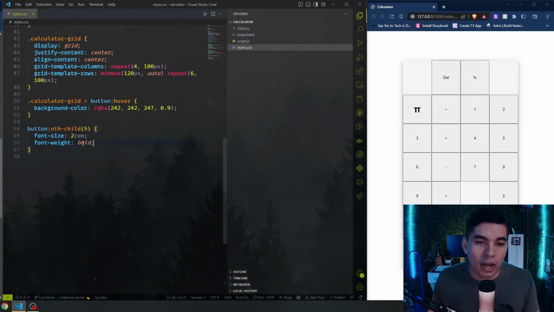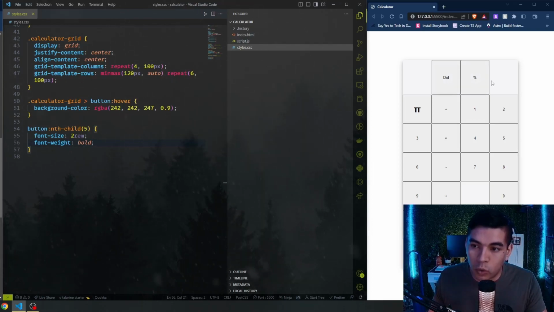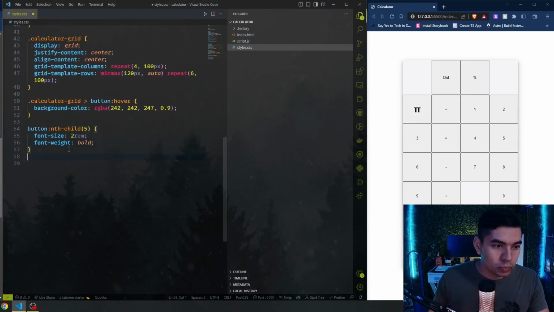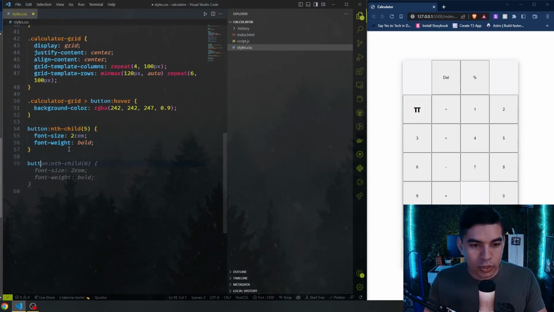And it's just to give an idea of why I chose the 5th one. If you just count from left to right and then move down to the second row, it counts to 5, right? So it's 1, 2, 3, 4, 5, right? So that's why when we call the 5th child, we're calling the pi. And then we're going to do that over again. We're just going to say nth child,